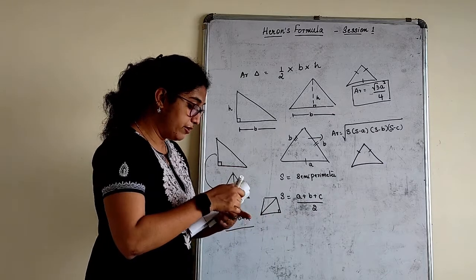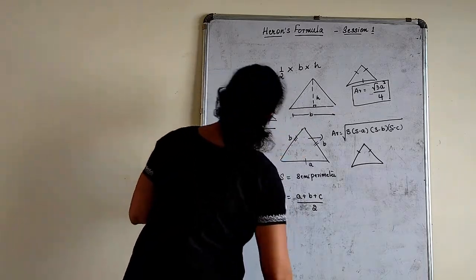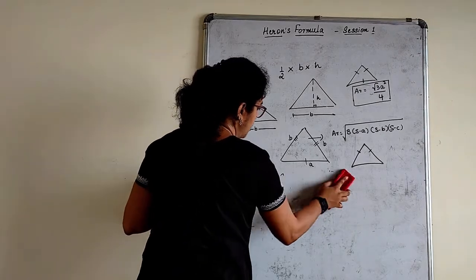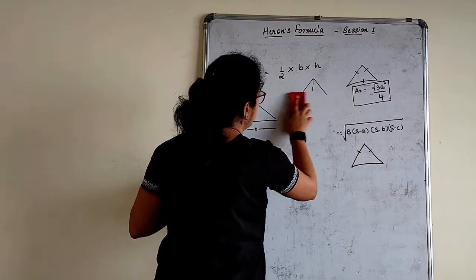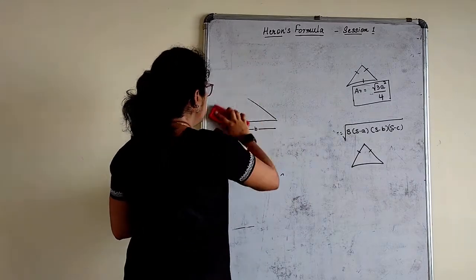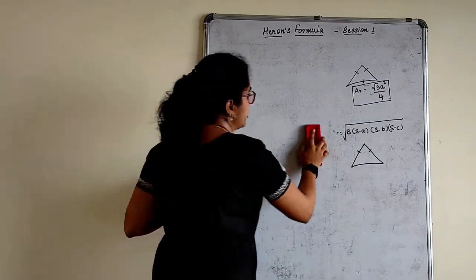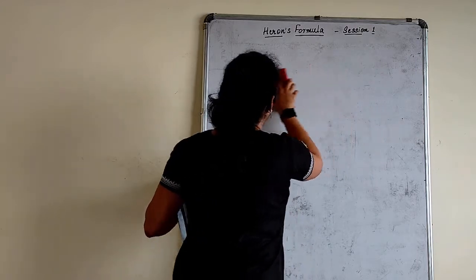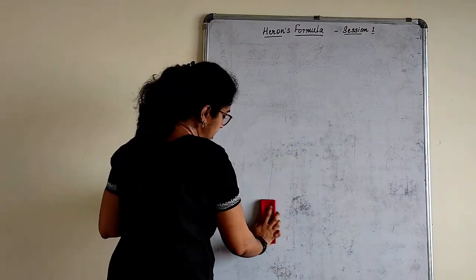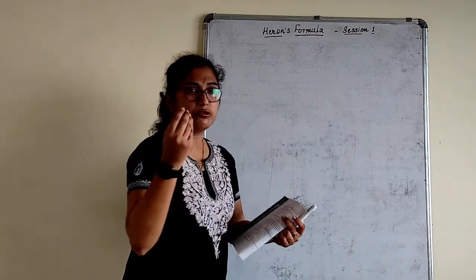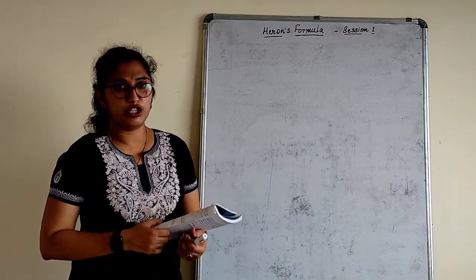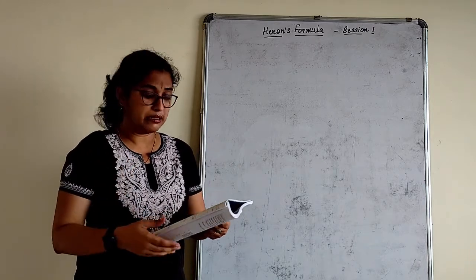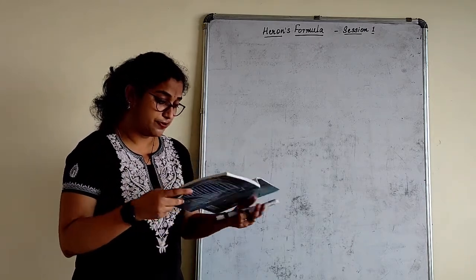So we'll quickly begin with an exercise here. You need not give any introduction. Directly what you can say is here Heron's formula. I will send a small PDF where I will give you the list of formulas for the area of a triangle, right angle triangle, equilateral triangle, a small 2-3 points that I will share with you. You can give the heading Heron's formula, write those 2-3 points and immediately start with the exercise.